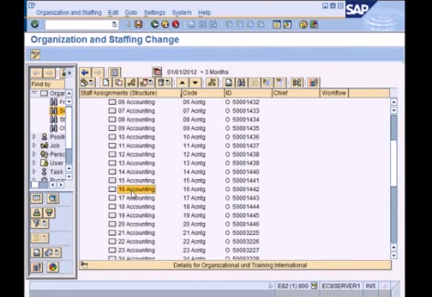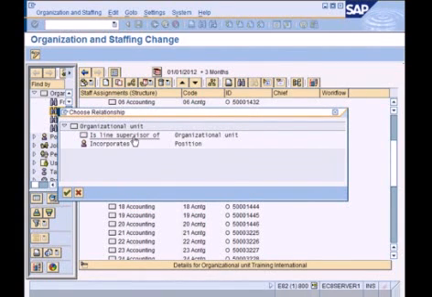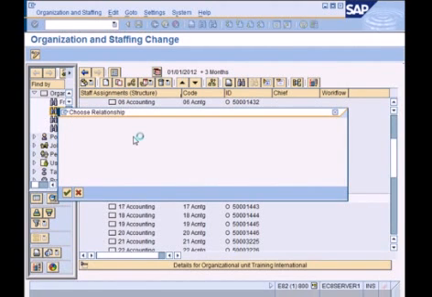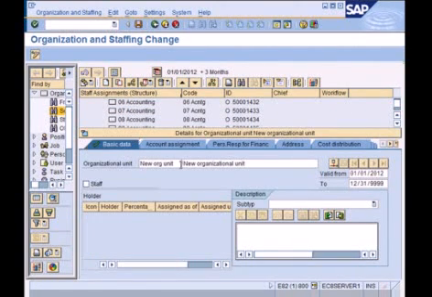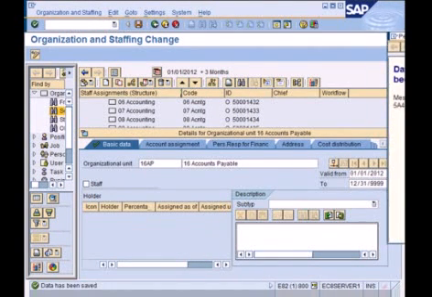So I right click and create another org unit within this. So I'm going to split accounting into accounts payable and accounts receivable. So here's my new org unit. Let me just say 16 AP, which is 16 accounts payable, and I just save it. I get the message, data has been saved,